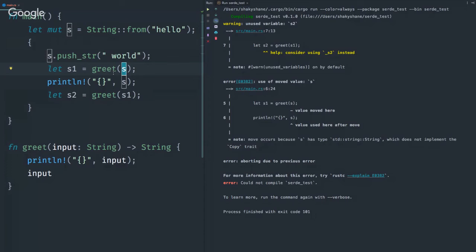Well, the error says that the move occurs because it has a string, which does not implement the copy trait. Yeah, so you have types like integers that can be copied very easily. So you don't move them, you just copy them by value. Things that are super cheap to do, like an integer, there's no reason to worry about ownership. The ownership model applies differently with integers, but when it comes to stuff like strings, yeah, because string is a